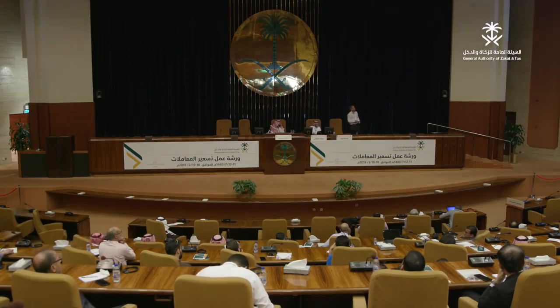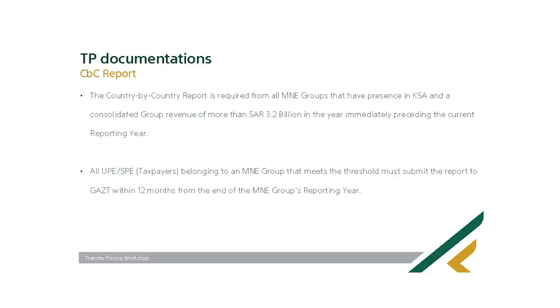Best. So now we're moving to the CBC report. Vassal explained the CBC notification. You remember he showed the disclosure form and he said there is point 1, which is about your intragroup transactions. There was a second one, which is called the CBC notification, to show who is reporting this country by country